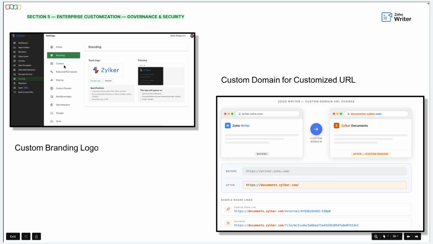On the screen here on the left is the branding panel showing the team logo upload with a live preview. On the right is the custom domain URL change, showing how writer.zoho.com changes to documents.zilker.com with the sample share links reflecting the change. So from the very first look, it feels like your organization's own tool. So that's a great